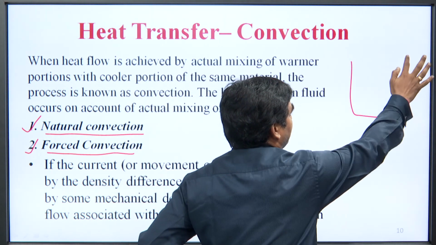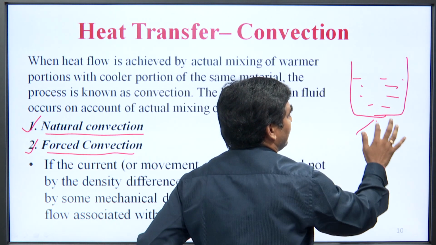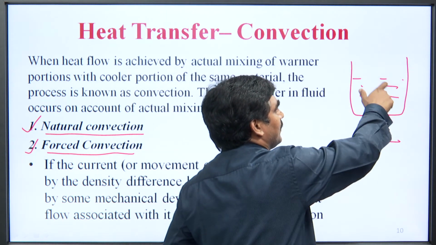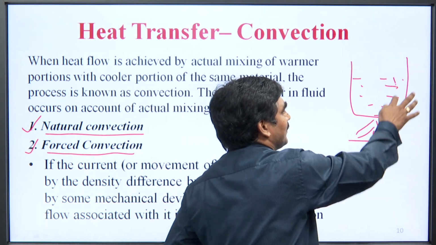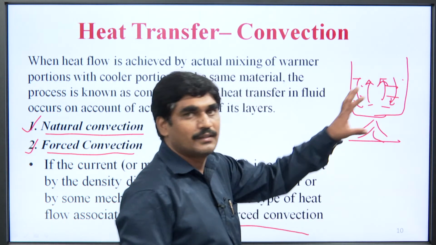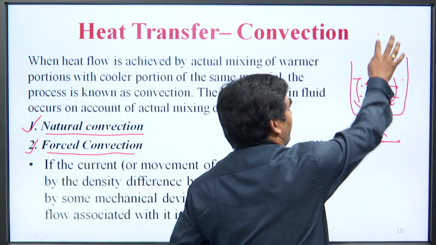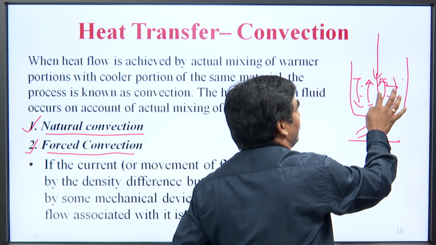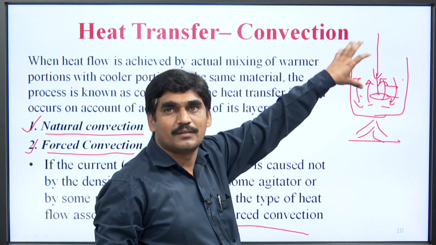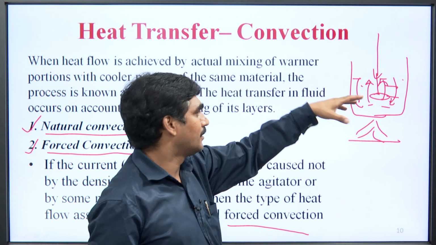Let us consider an example. This is a container filled with liquid. Here you are supplying heat through this portion. If the heat transfer takes place by convection naturally, without any external object, then it is called natural convection. But if you are using a stirrer in this container, and heat transfer takes place by that, then the process is called